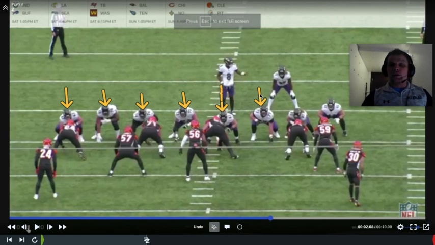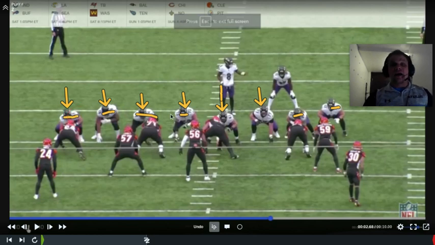Okay, notice they only have a guard backside, and then they have a tight end and a stacked fullback, so a wing or a stacked fullback look. So they don't even have a tackle on this side. Instead, they have a right guard, a right tackle, an extra right tackle, and oh, by the way, another extra